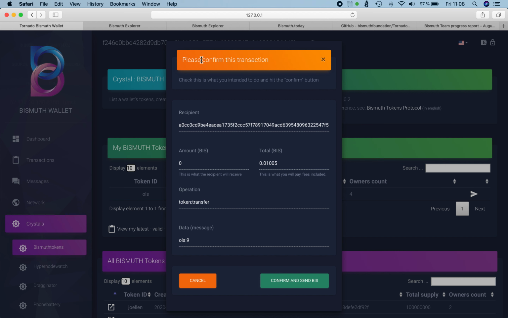And if you can see here, now I need to confirm the transaction. I have the recipient. I have the total amount of BIS. I'm sending 0 BIS. That's important. And here are the fields listed. It's